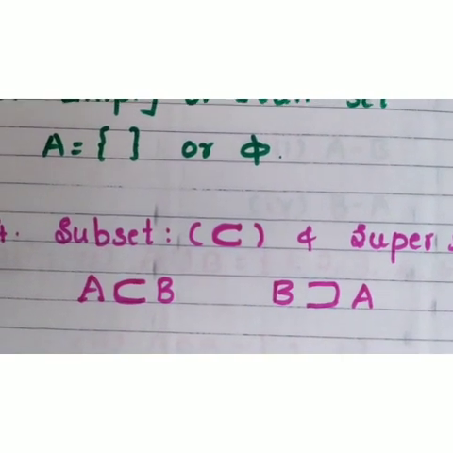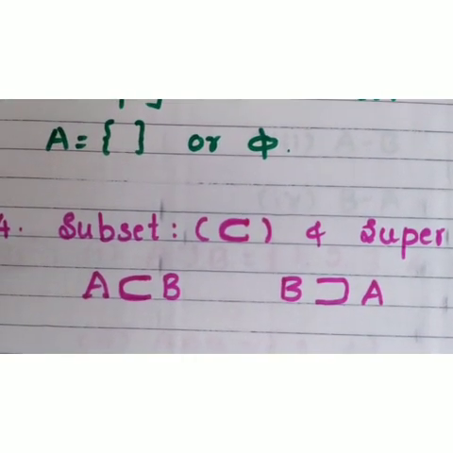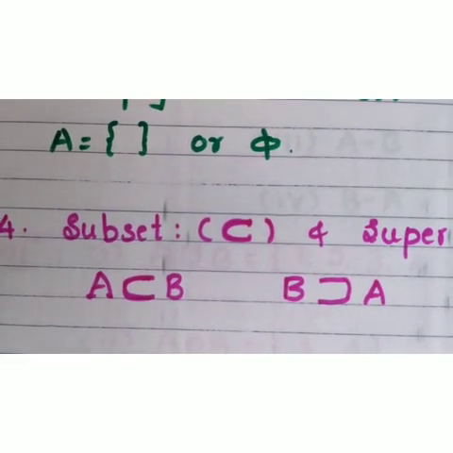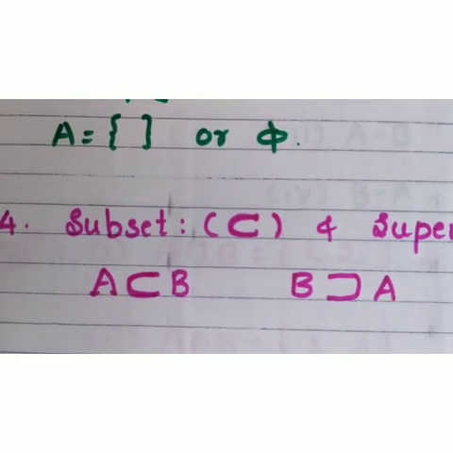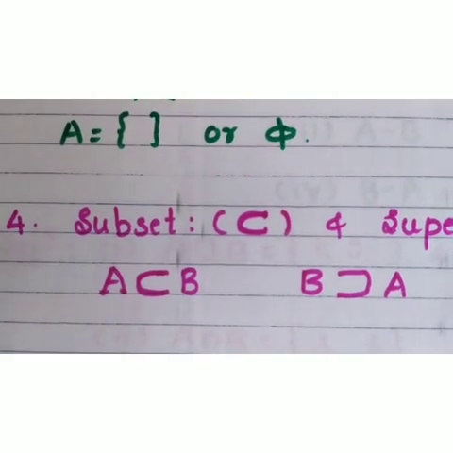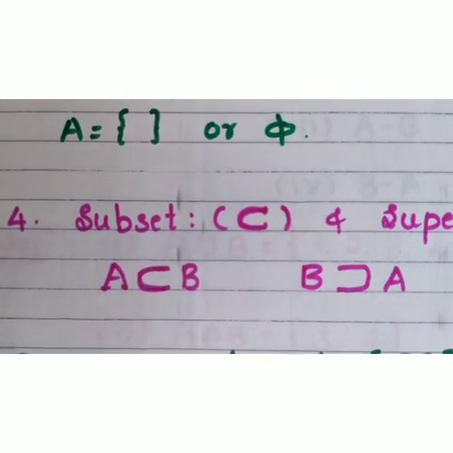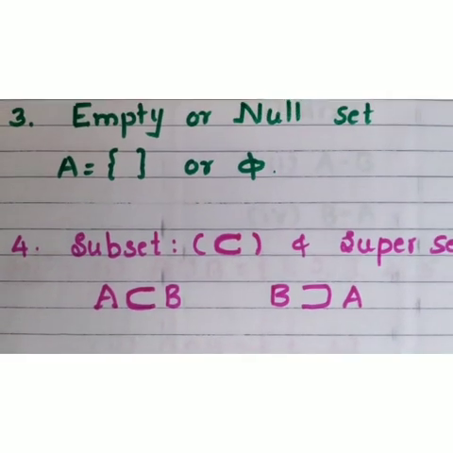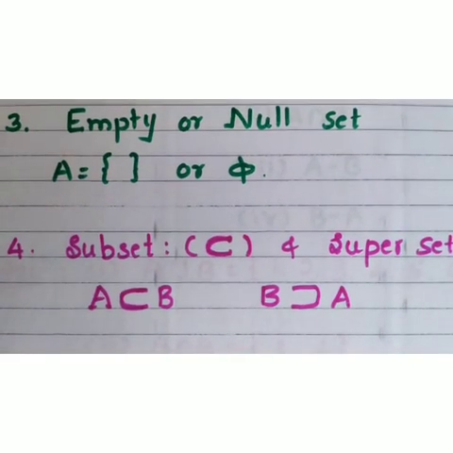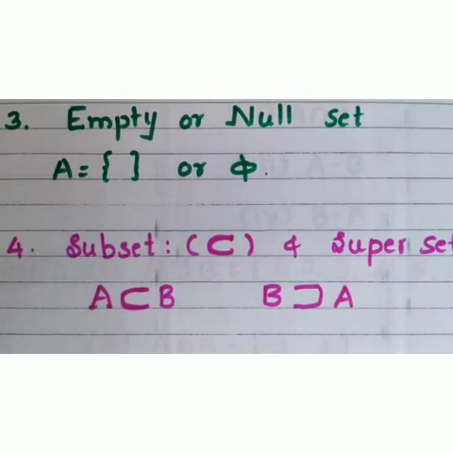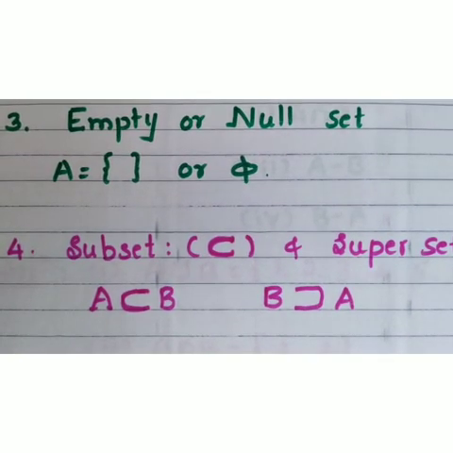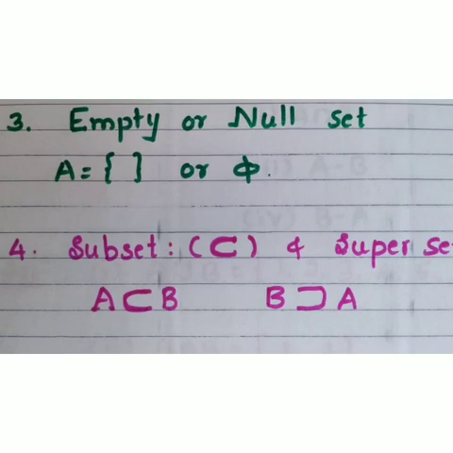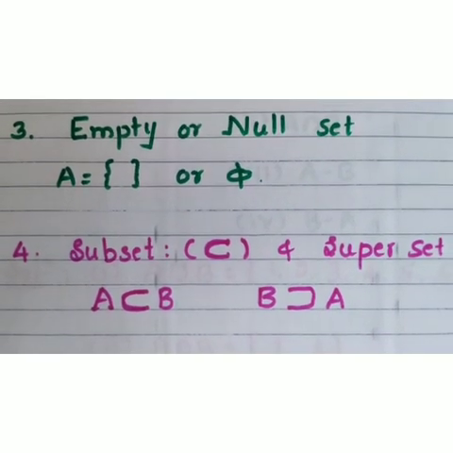A is a subset of B means B is the big set here. A is the set constructed by some elements of B. Then you can say that A is a subset of B. When you say that A is a subset of B, all the elements of A are elements of set B. If all the elements of A are elements of set B, then A is a subset of B. Meanwhile, B is the big set. A consists of some elements of B. Therefore, in this case, B is a superset of A, which is symbolically written by means of a superset symbol.